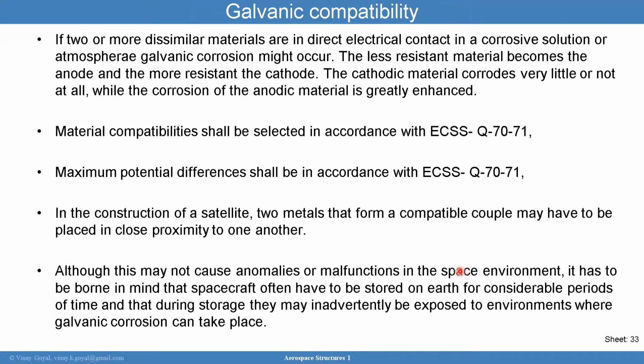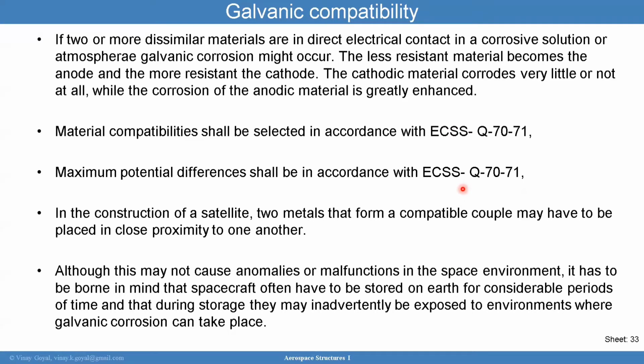So if I have two or more dissimilar materials, and they are in direct electrical contact in a corrosive solution or atmosphere, galvanic corrosion could occur. The less resistant material becomes the anode, and the more resistant becomes the cathode. The cathodic material corrodes very little or not at all, while the corrosion of the anodic material is greatly enhanced. So material compatibilities can be selected in accordance with a few standards that you'll find in literature, including the maximum potential